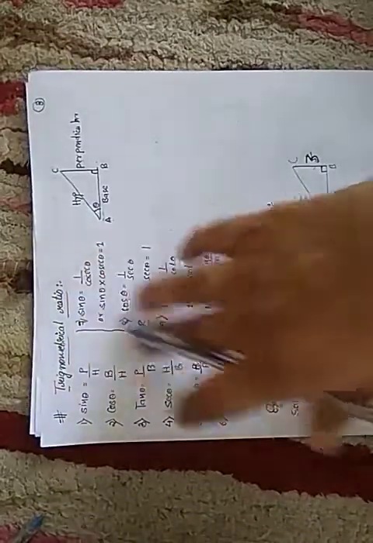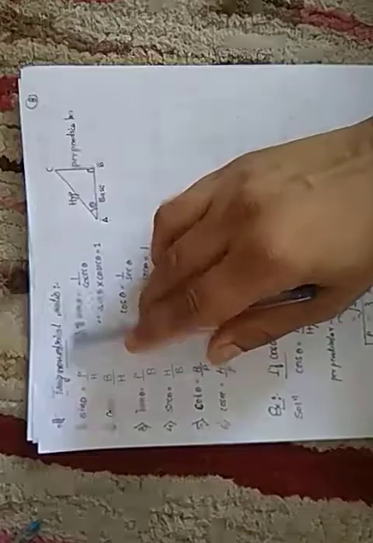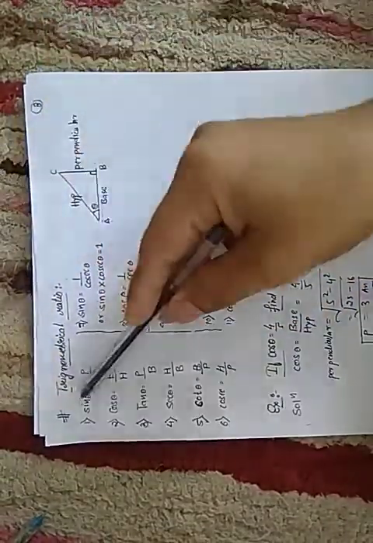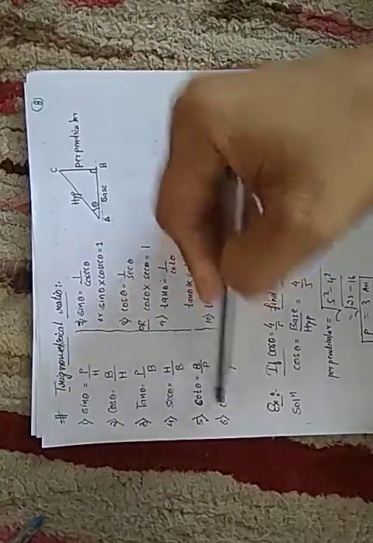So now today's topic is trigonometric ratio. Already you have learned this topic in your 10th standard, so again I am starting with your previous knowledge. In 10th standard we have 6 trigonometric ratios, that is sine, cos, tan, cot, sec, cosec. Let's generalize the formula first, then we will start with the numericals.